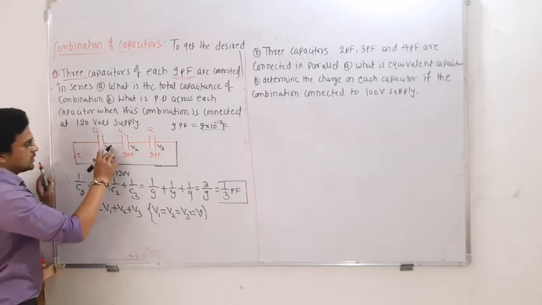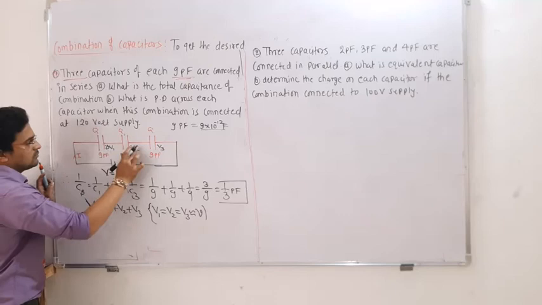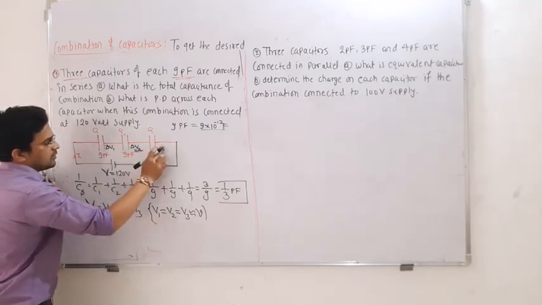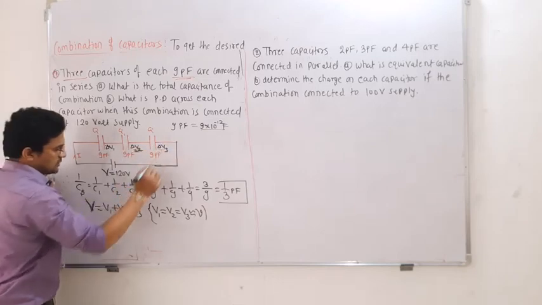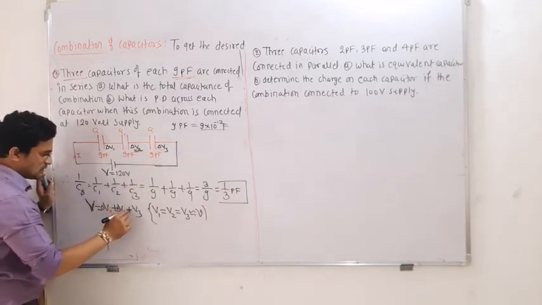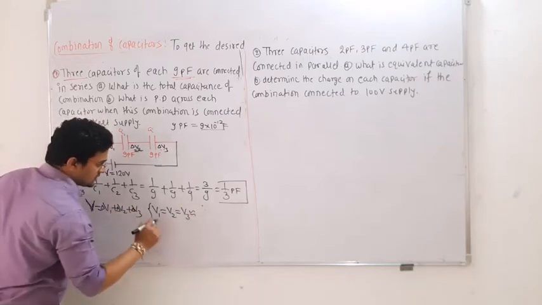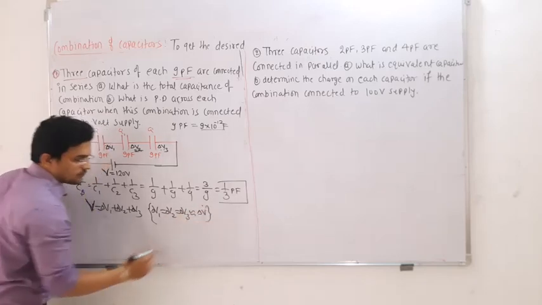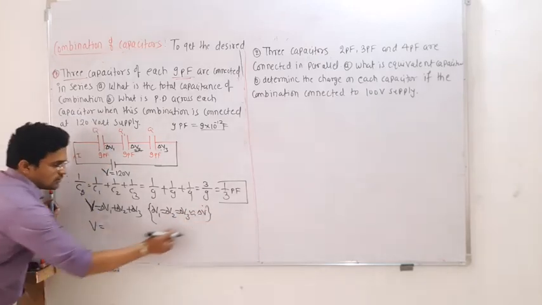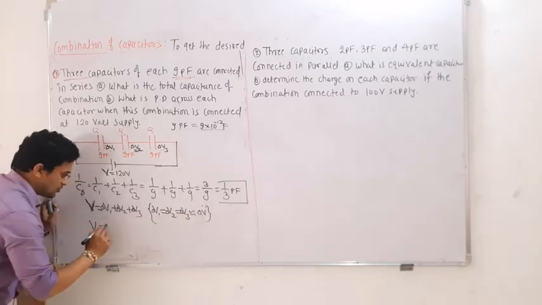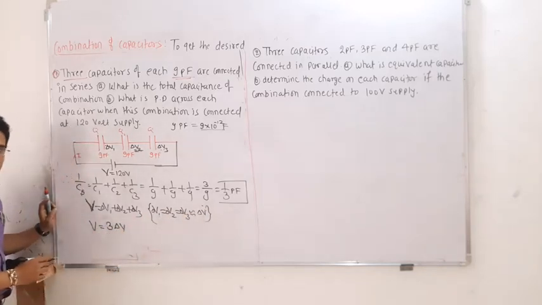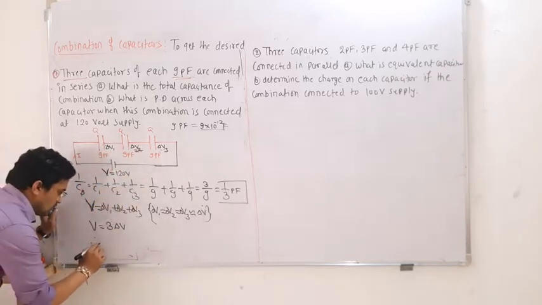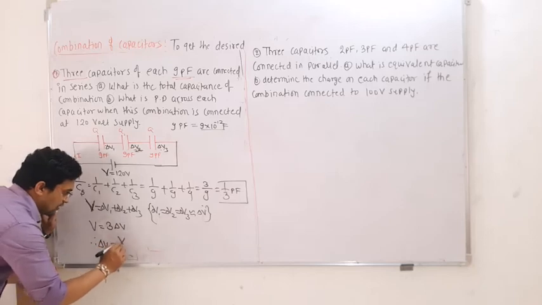Simply, I will mention here delta V1, delta V2, delta V3, since potential difference is nothing but change, delta. So delta V1, delta V2, delta V3 is nothing but delta V. Therefore V is equal to what? All the values are the same, so it becomes 3 delta V, and delta V is nothing but the potential difference across each capacitor. Therefore delta V, you have to find out, is V divided by 3.